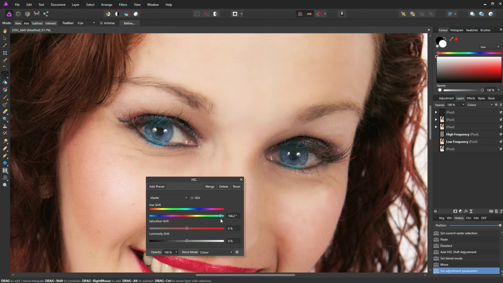And don't worry too much about the brightness, because we're going to fix that using the saturation shift here. If you take it all the way down, it disappears. Take it all the way up, it looks a little bit too extreme. But you can adjust this to taste. If you just want a really crazy, whacked out, hyper psychedelic look, then pump it all the way up by all means. But I think that looks like a natural blue eye to me, and I'm going to commit that